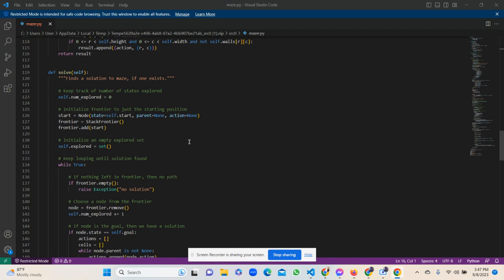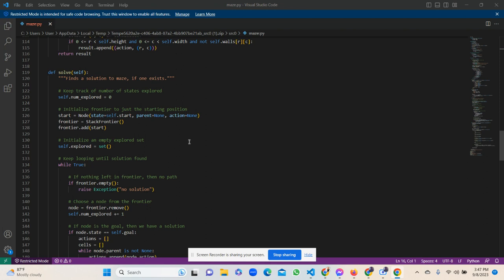We are going to keep track of how many states we have explored, just so we can report that data later. I start with a start state that represents just a start state, and I start with a